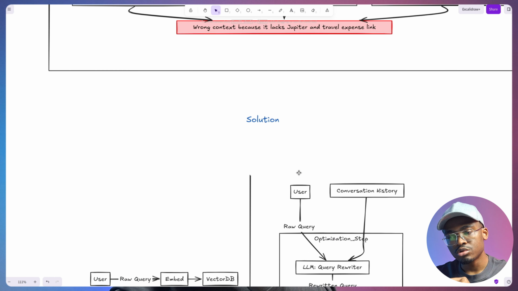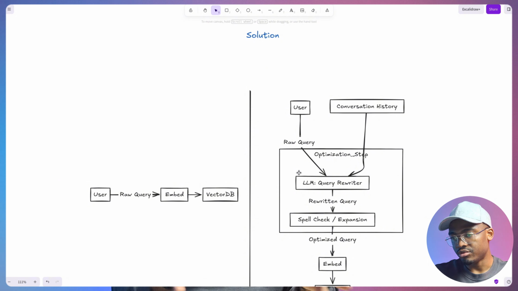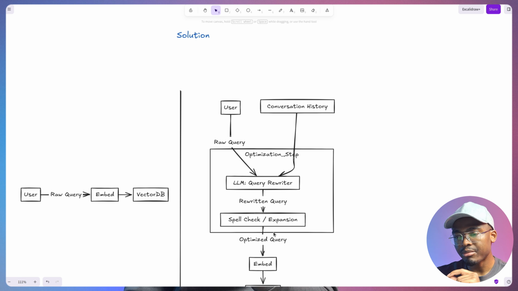Okay, so what is the solution? As usual, I'll give you a side-by-side comparison. Here we have a simple RAG system. The user asks the raw query, we embed and search. Every question we embed and search, and it will fail as we showed earlier. But what if we implemented query optimization here? You get the raw query and pass both the raw query and the conversation history to an LLM, and you ask the LLM to rewrite the question based on what the conversation is about,